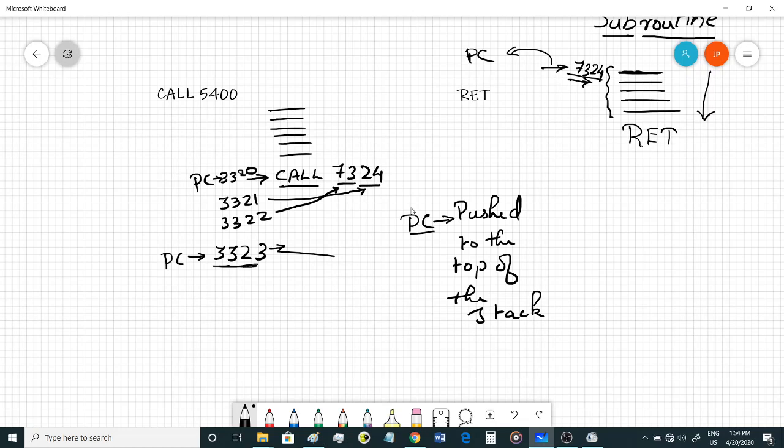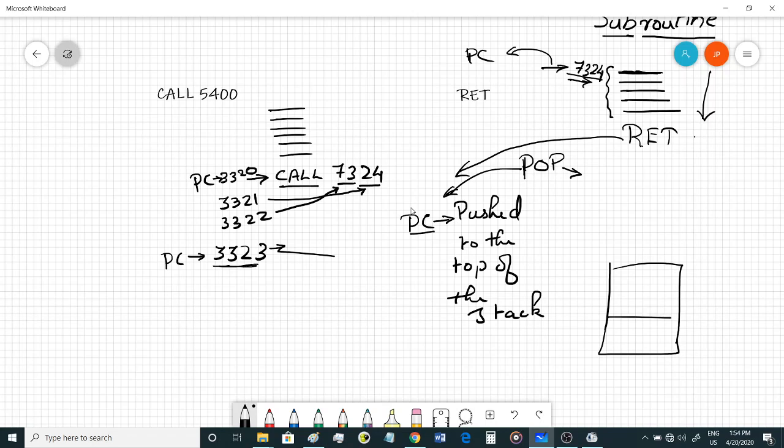Now with return you won't be giving any address, because the return instruction will directly do what? It will pop the address that you have pushed onto the top of the stack, to the PC. So whatever address you have pushed onto the top of the stack, let's say your stack is like this.